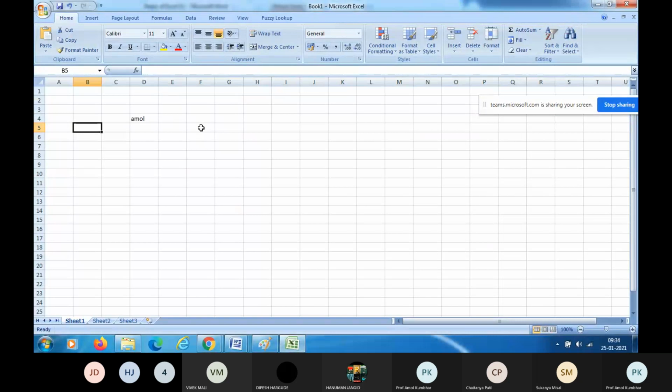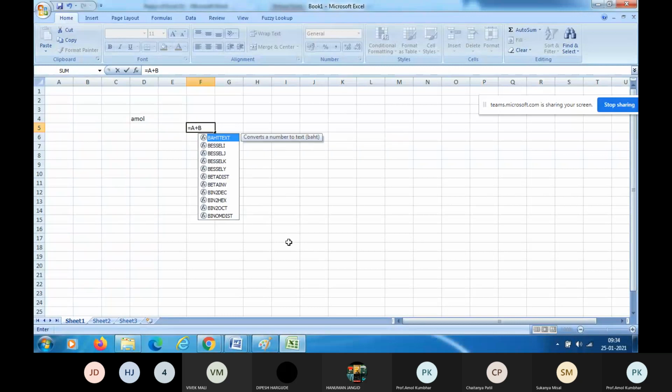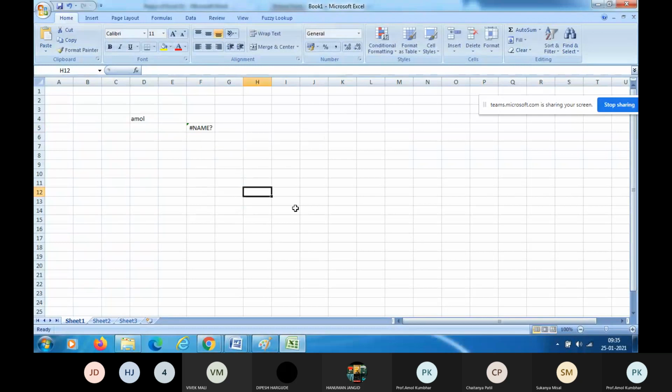Let us type one formula in cell F5. So let us select cell F5. It is equal to, see what is coming in the formula bar? It is equal to, right? Suppose we type A plus B, right? So see what has come in the formula bar? A plus B. Is it seen on your screen? Next, suppose we are going to add two numbers.